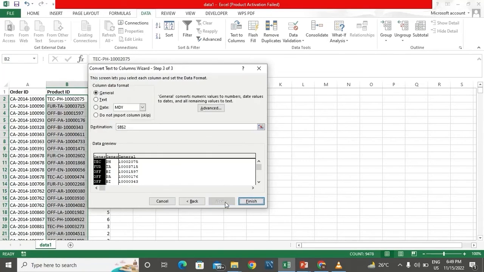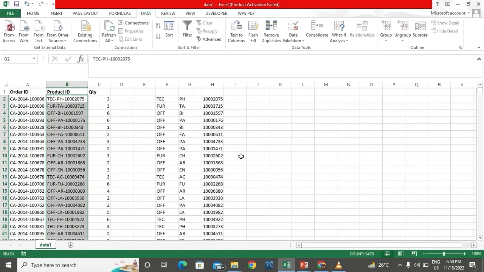I'll click on next. And my destination, say I want my data at F2. I'll click on finish. As soon as I finish doing that, I see my data has been split into these three columns. And that's how text to column works. Our next way of splitting the data was